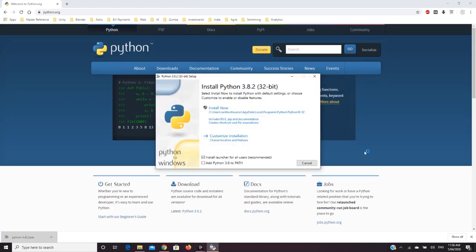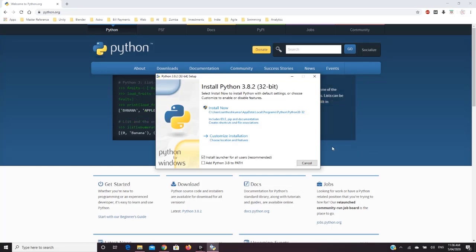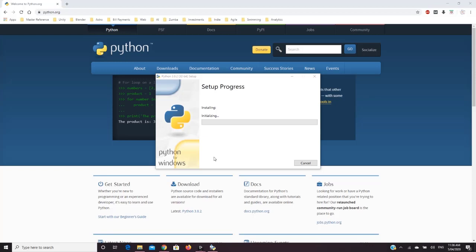So the download has completed and I'm double clicking the exe and selecting the default option to install. It will take some time to complete the install.